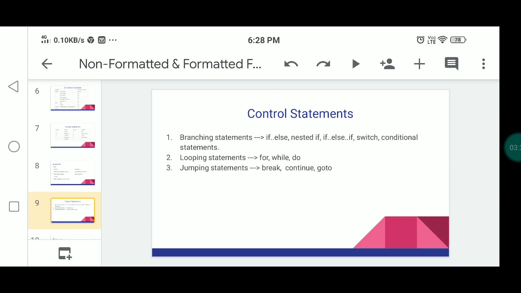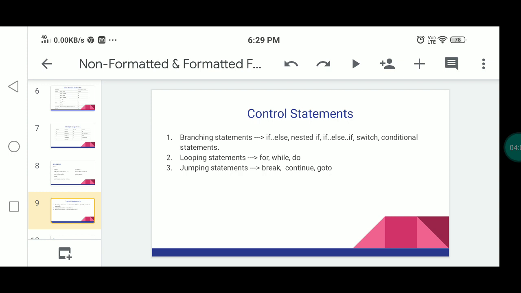In a number of situations we may have to change the order of execution of statements based upon conditions, based upon repeating a group of statements, and based upon checking statements. So if any condition is met, like that. C language possesses decision making capabilities known as control statements, also called control structures.